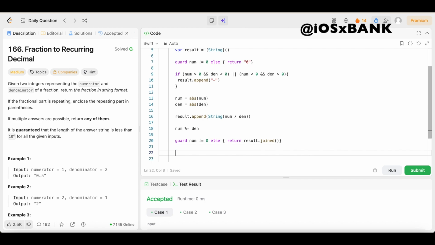So we could come underneath this and we'll say result dot append, open up the parentheses, open up the quotation marks, and put in the period. And now we need a dictionary to remember each remainder's position in the result. The key is going to be the remainder, and the value is the index in the result where this remainder